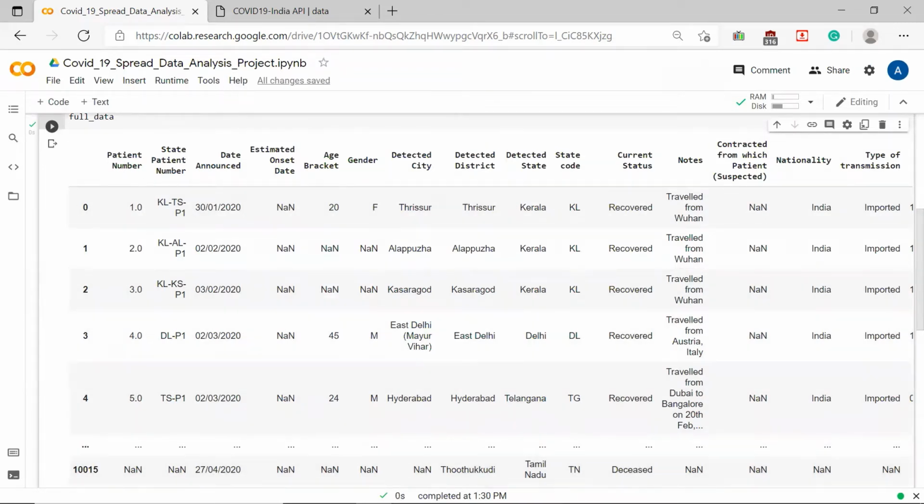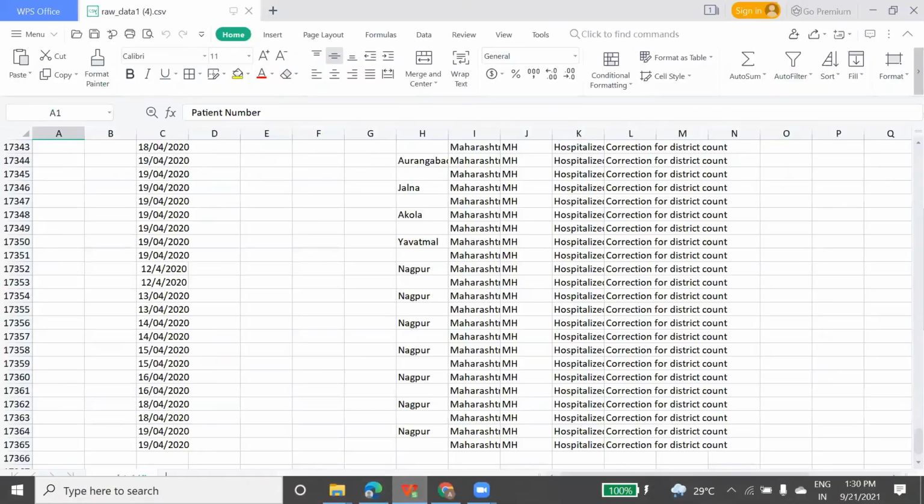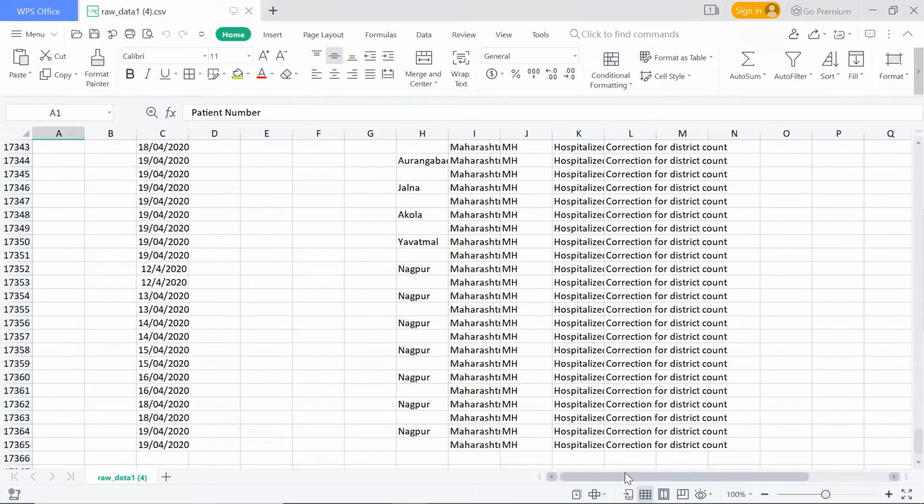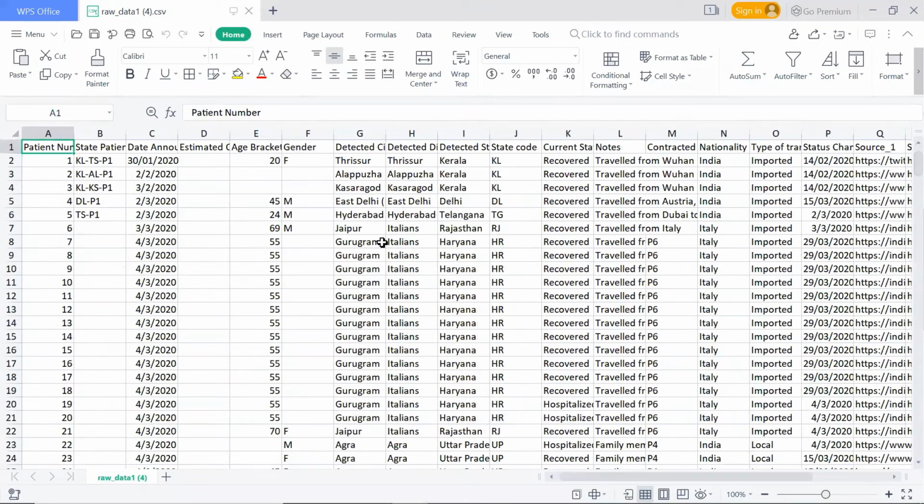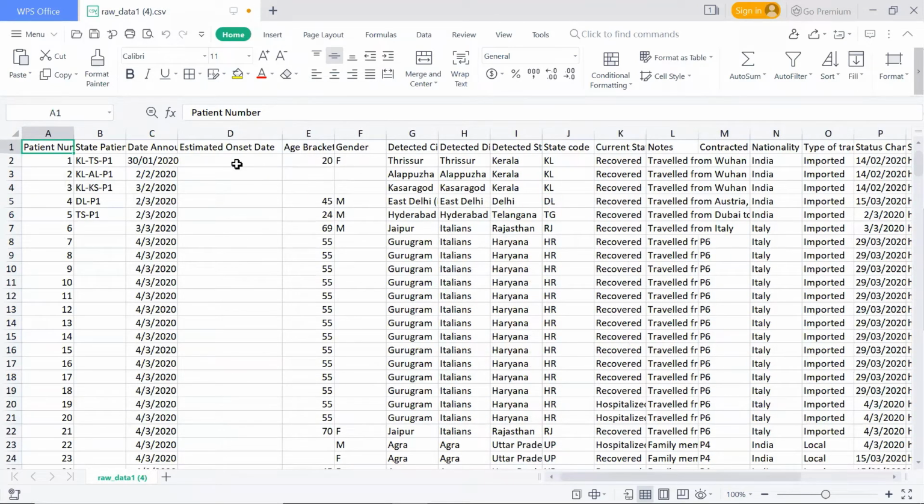This is a column, this is the data for this column, and this is the data for that column. This NaN is not a number, which means this column is either empty or doesn't have any value. Let me show you. If you check this fourth column, it doesn't have any value here, so it is showing NaN.